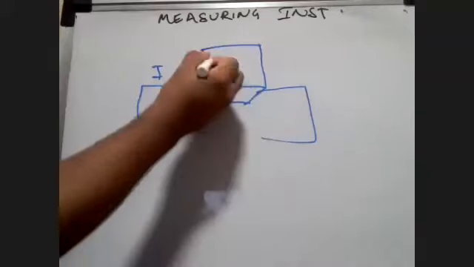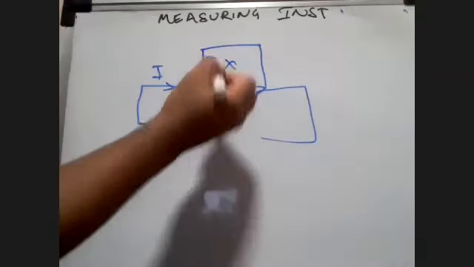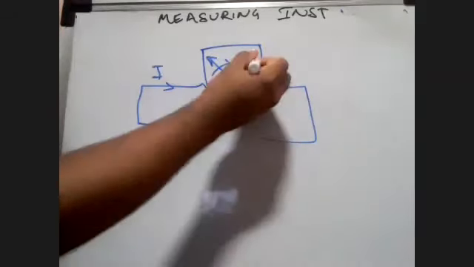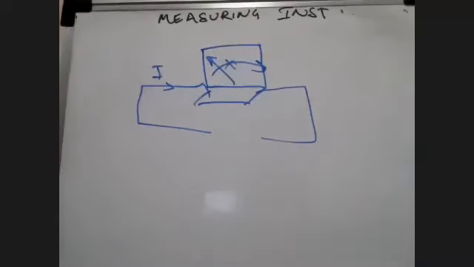In that case, the needle sometimes will not move, or sometimes will give you a full scale deflection, or sometimes it will even burn the coil. When this was observed, this is not only the mistake made by students, this was the same mistake made by the person who observed all this. And so he wanted to measure a current without having a limitation to it.